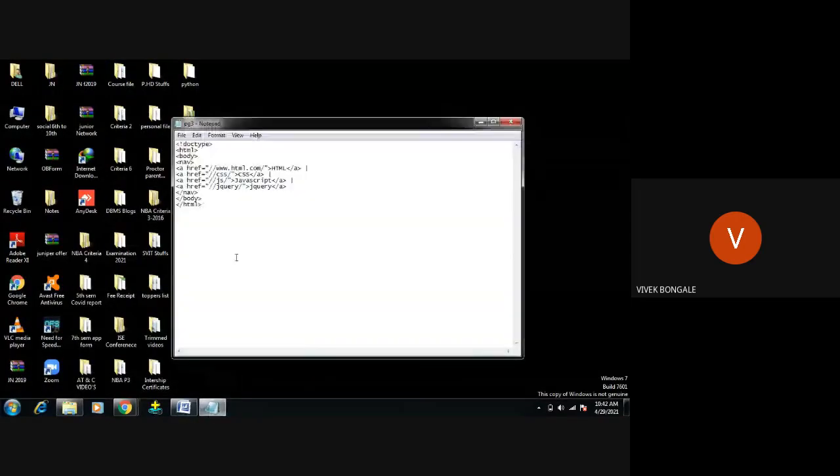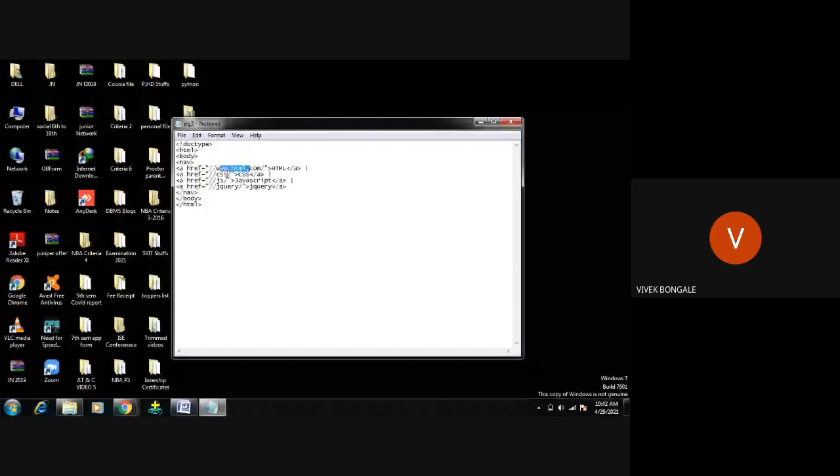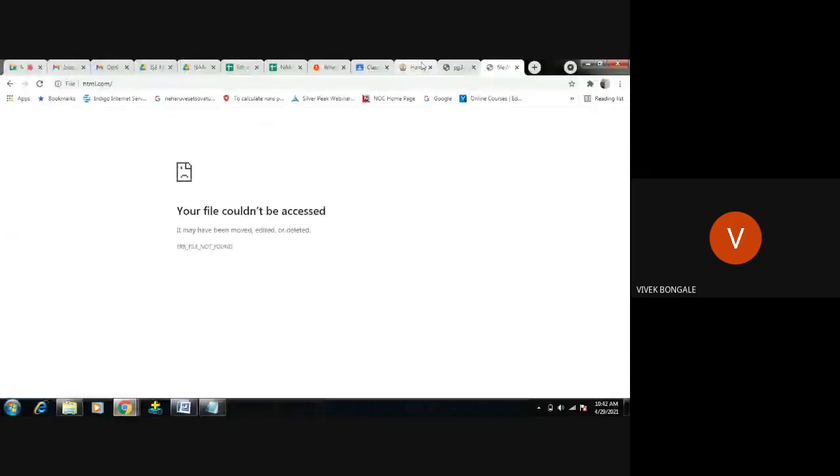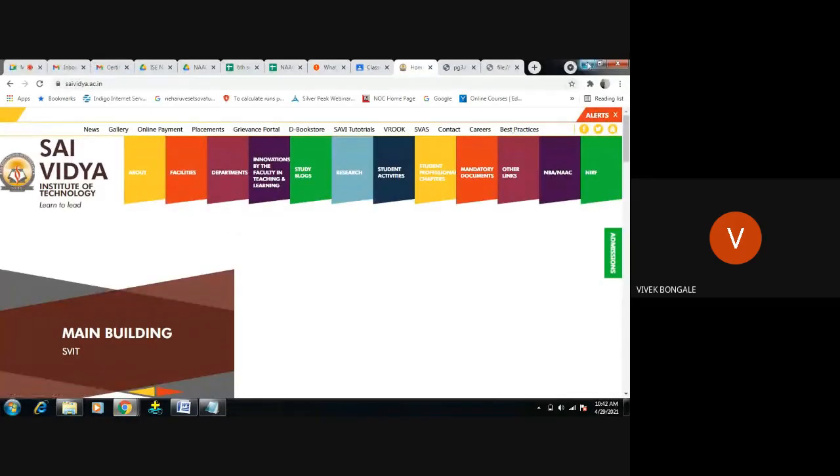Proper link means again we have to give the same www.savita.ac.in. If you click on that, it will open that page. Next page, next www, some other college like bit.edu.co.in or something. I'm randomly saying one link, right? So that we have to mention here. Once you click on this one, it will move to that page, right? That is what we are doing here. That is how in any web page we are creating the navigation like this, right? This is regarding the navigation.